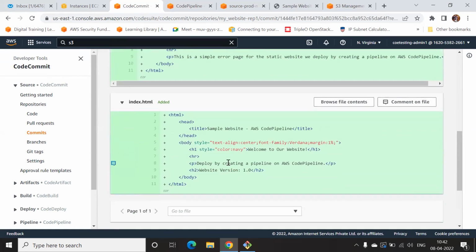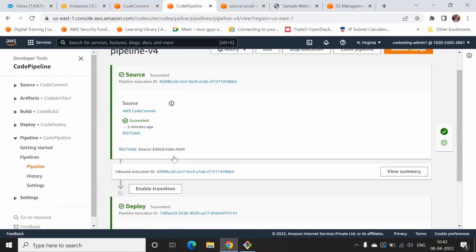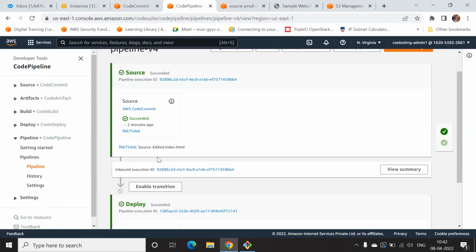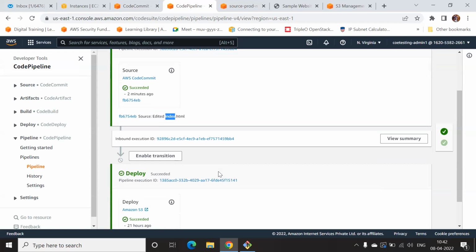Now go back to the pipeline. And let's see what we have. So now notice in the source where it says edited index.html. In this stage called source, there is an action called source. Under the action, yeah, there is edited index.html. That is what we have done. We have edited it. And if you scroll down a little bit in the deploy,